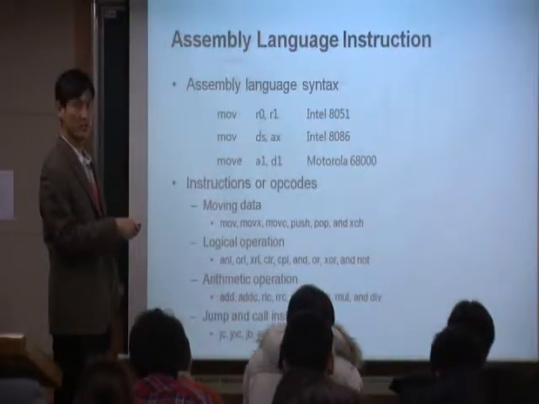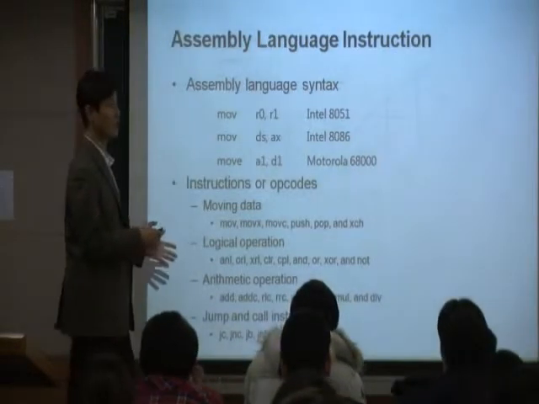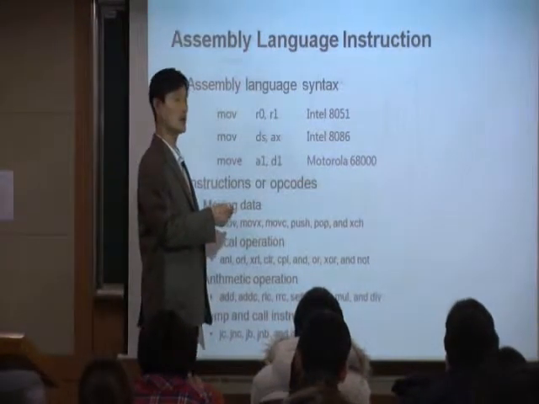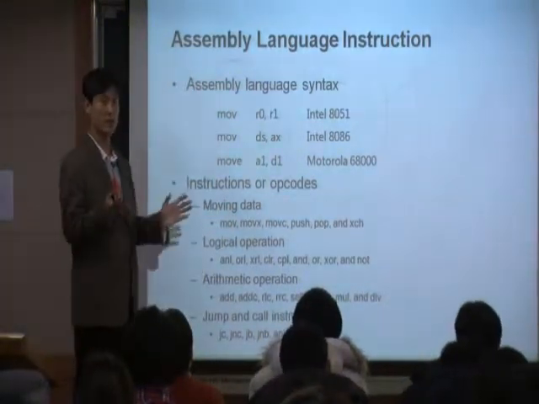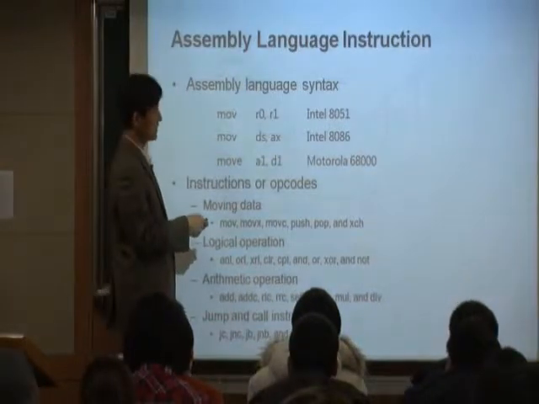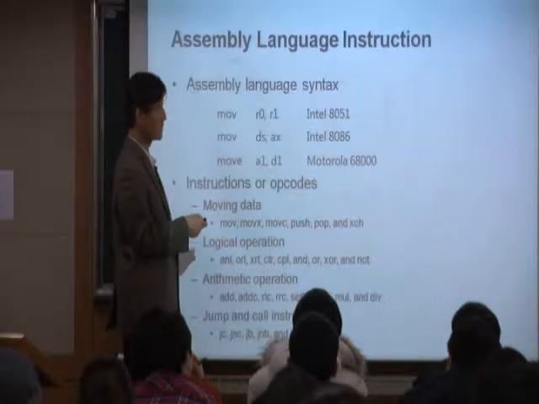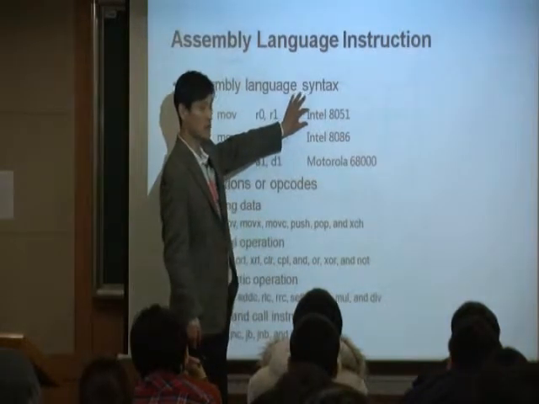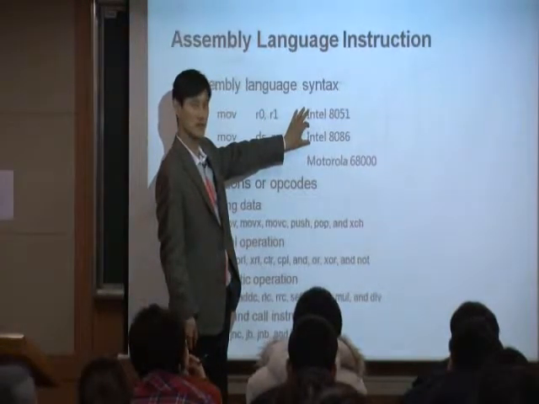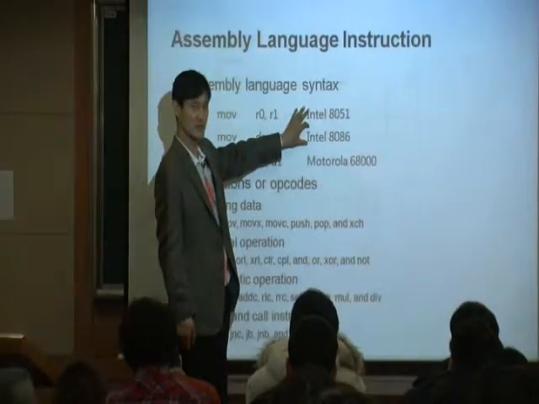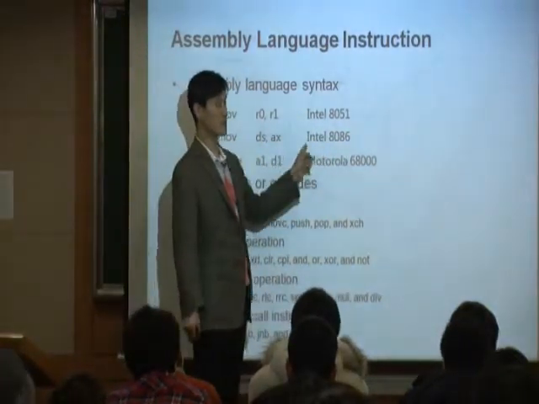So I have 3 different examples of processors. Right now we are using Intel 8051, right? But there are many other processors, tens of processors. For example, Intel 8086. This is another 8-bit processor, but this one is more or less microprocessor, while the 8051 is more or less a microcontroller. You remember the difference? This one, 8086, that is the microprocessor